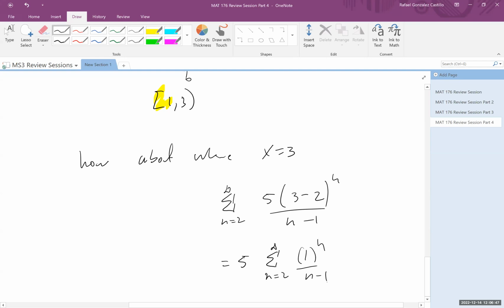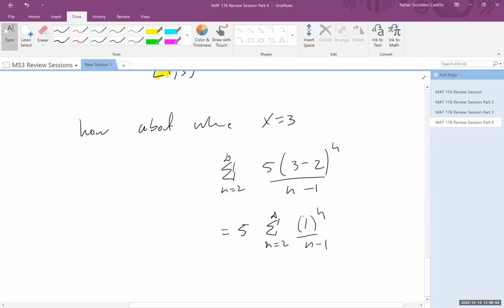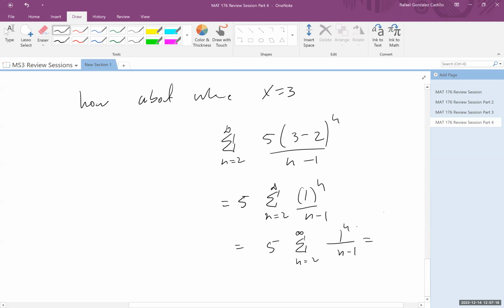And this particular series is going to diverge, because you could do a limit comparison test with the harmonic series. So you have 5 times the series n equals 2 to infinity of 1 to the n over n minus 1. 1 to the n is just 1. It doesn't matter what n is. So this is really 5